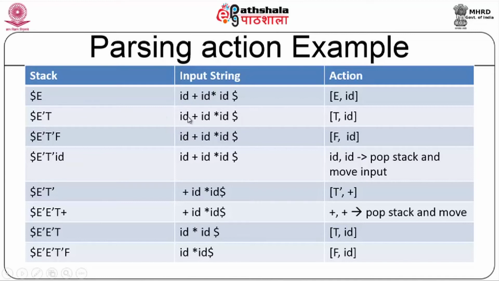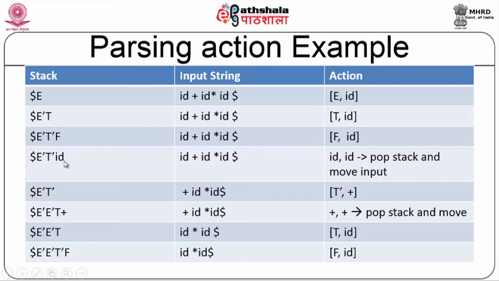So, T comma ID. Okay. Again, I look at the table entry T comma ID. I see the production T produces F T dash. So, again I pop T and push F T dash onto the stack. When I push F T dash onto the stack, F should be the topmost symbol. Now, I do F comma ID, the next iteration. What do I do? Again, I have to look at the table entry. The table says F produces ID. So, I pop F and push ID onto the stack.